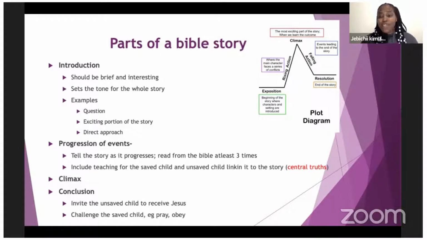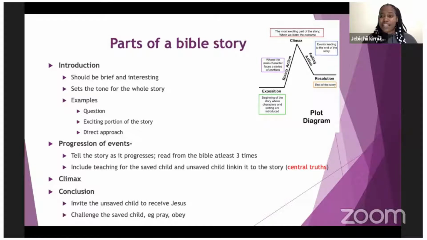And it has to be interesting, because if it's boring and you're teaching kids, especially the young ones in PP1 in nursery school, they'll start jumping on chairs. I've had an experience where I was teaching kids, and probably I was a boring teacher, because they started climbing walls and fighting and calling my name, teacher, teacher, teacher, and I couldn't teach. So you have to make it interesting